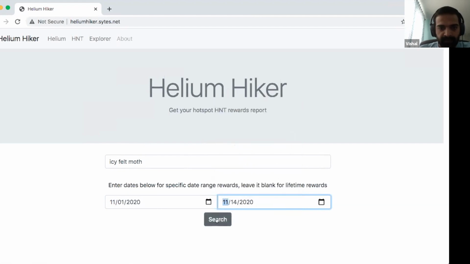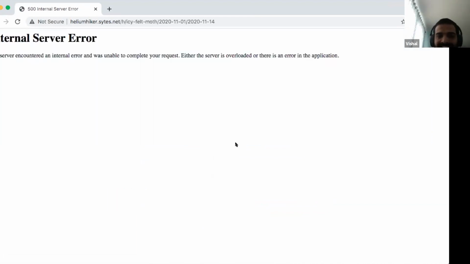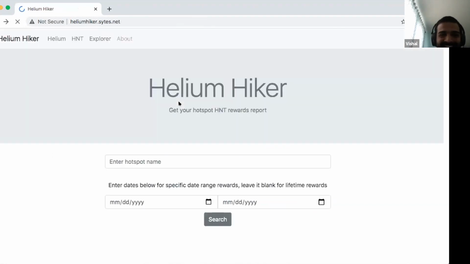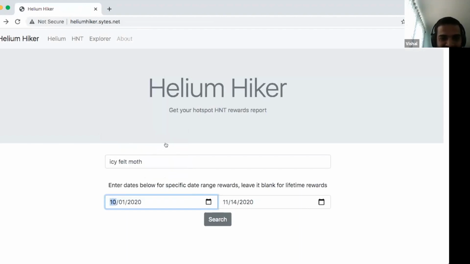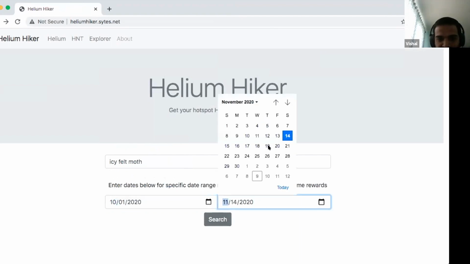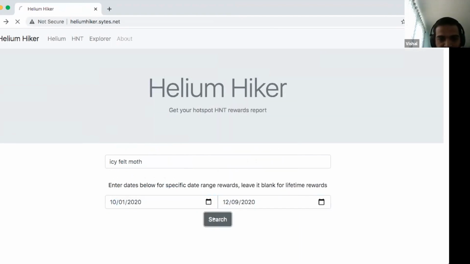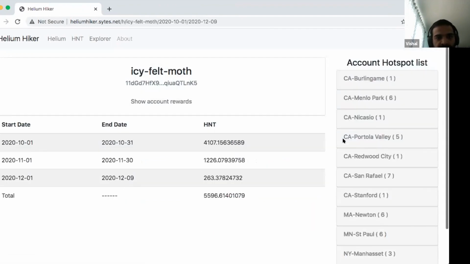It will get the data from the Helium blockchain and display it by month. Well, I only picked the month, but I'll pick a different example later. But it's not supposed to happen. Let me try again. Aren't demos fun? Yep, absolutely. Let me try it again. I'm probably going to pick today's date as well. Hopefully it should show you the rewards for that particular account